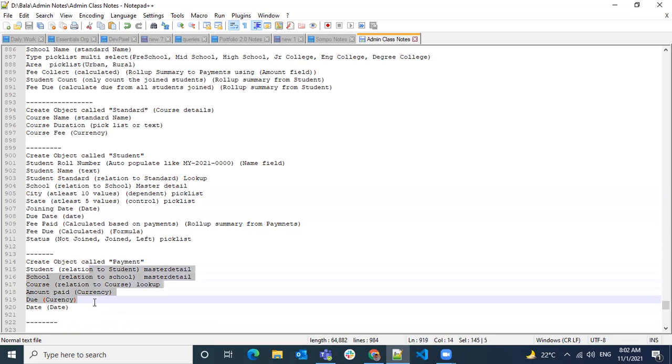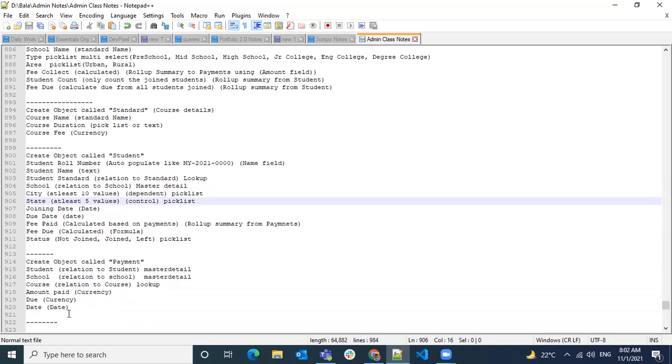So let's say one student has paid 3 or 4 installments, then you have to calculate all the dues. Then it's going to be wrong, right? Let's say the total fee is 1,000 and the student has paid 100, then it's 900. Next time when they pay one more 100 rupees, it's going to be 800 due. But when you do a roll-up summary on a fee due, it will combine 800 and 900. It will become 1,700. So that's going to be more complex if we go that way. The logic will be wrong.